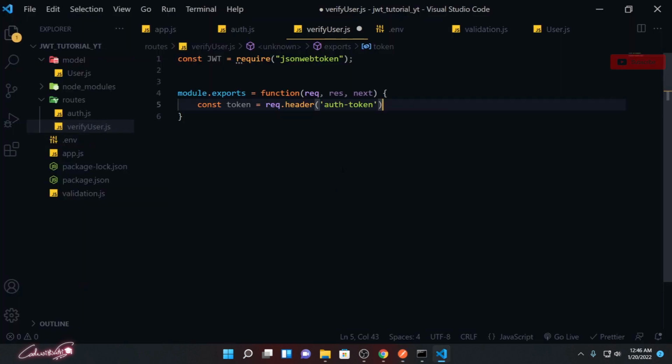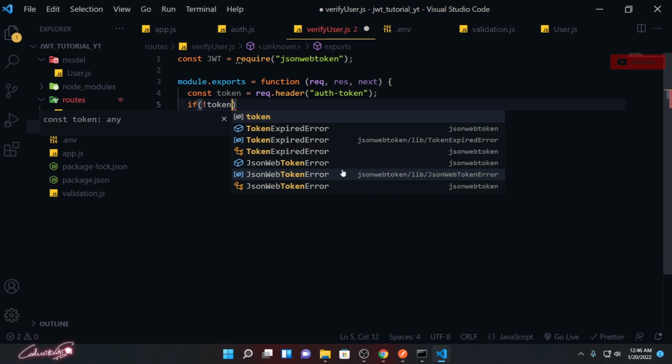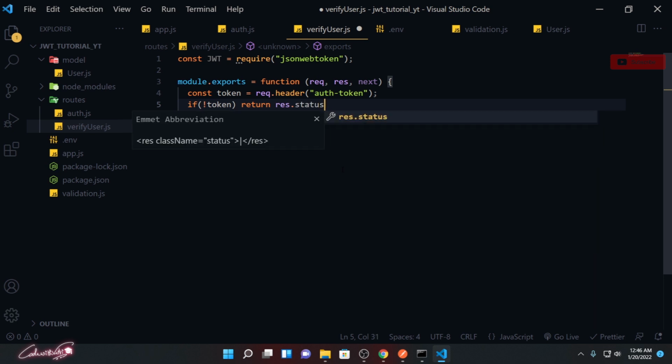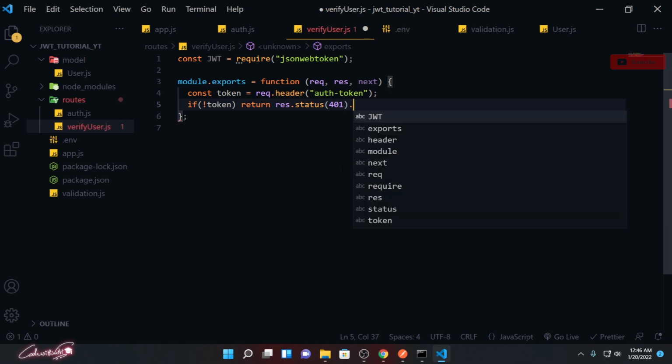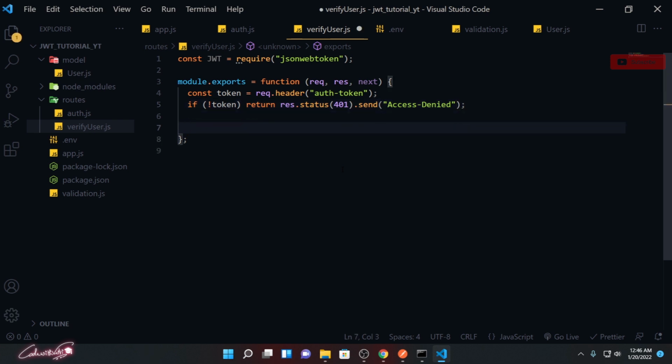Fetch that auth token value, okay, and I'm verifying that if there is no token, if not token, then return response.status with 400, like forbidden, unauthorized access. Then send the message: access denied. You are not supposed to access it if you don't have the token. Else